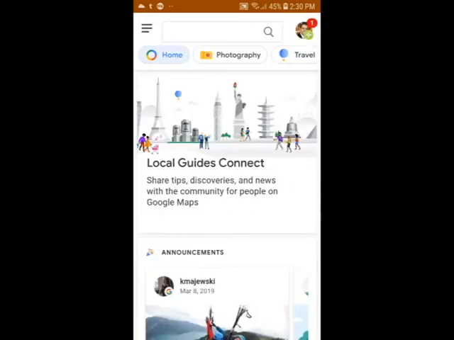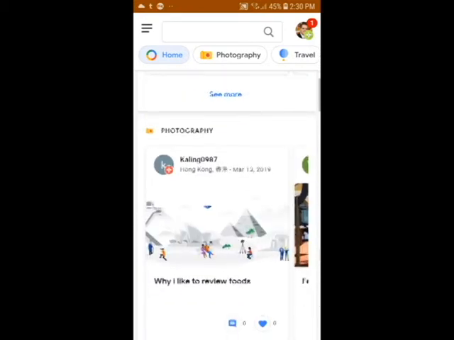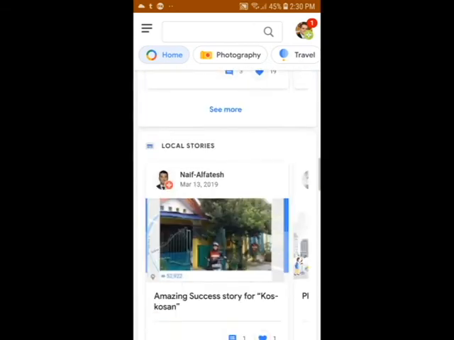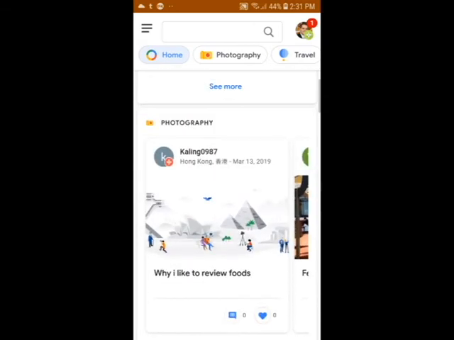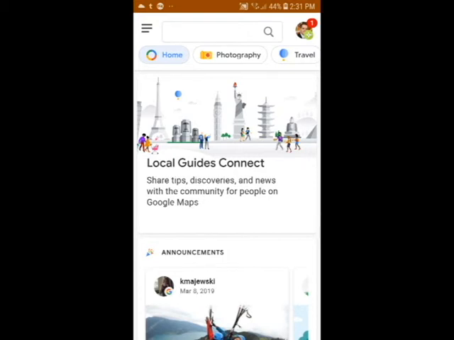You can share what you have been up to the last, for example, week or month. You can add your photos taken, your most viewed photos, and lots of stuff, okay? You can just keep communicating with other local guides and Googlers from around the world. And you can make meetups as well in your country with other local guides that you know. You can organize meetups and